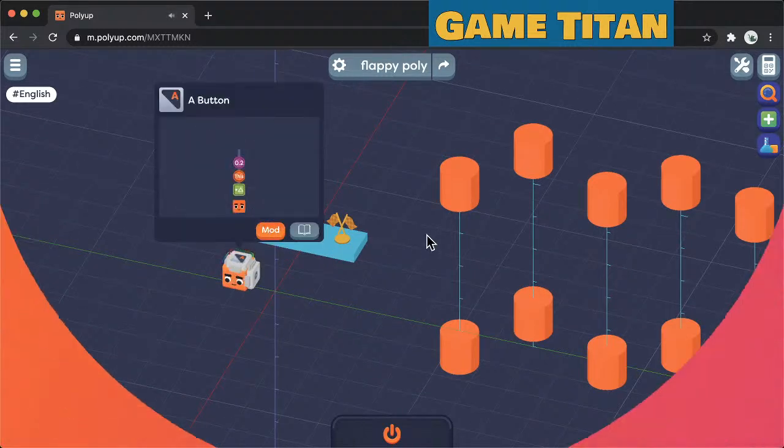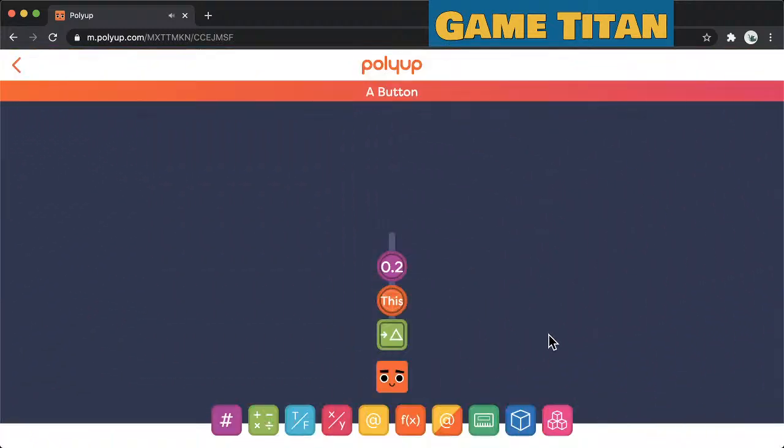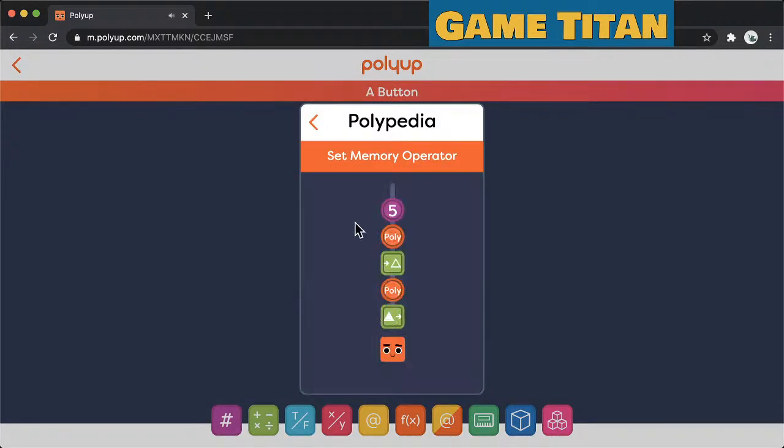We can go back into the demo. One thing I wish is that these scene transitions were a little bit faster. I feel like navigating in and out of the different parts of the game takes a long time. But if we go back to the demo here, the poly character that we saw in the 3D area has a triangle attribute to him, and when you stack up these blocks here, what it's saying is to take the triangle attribute of the poly character